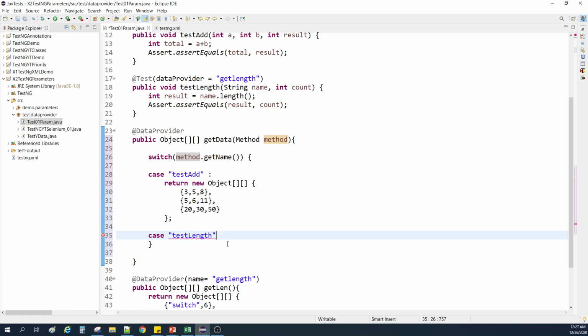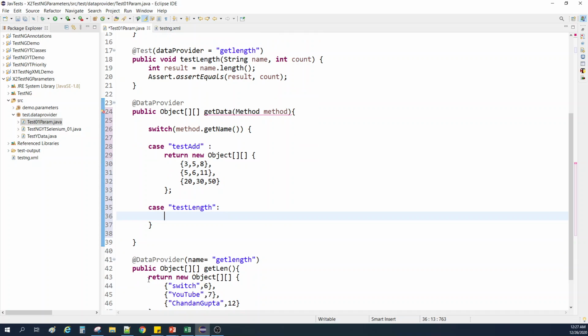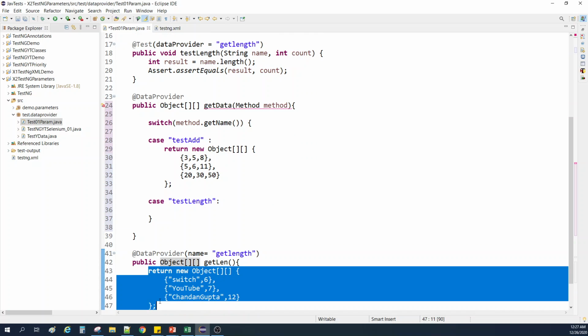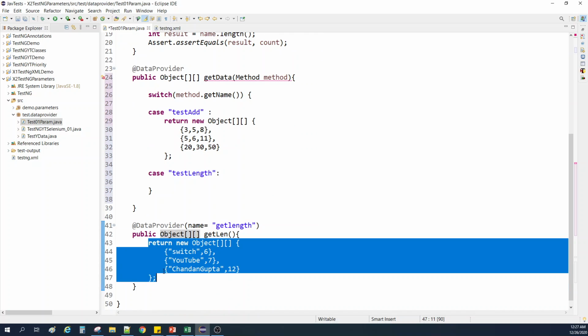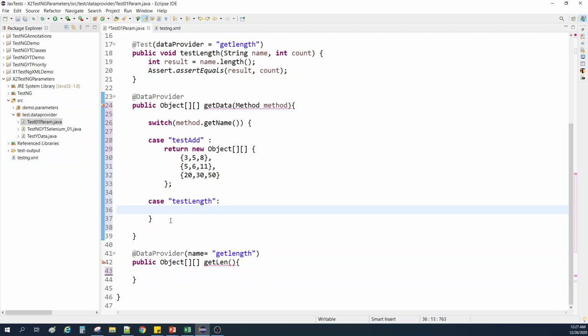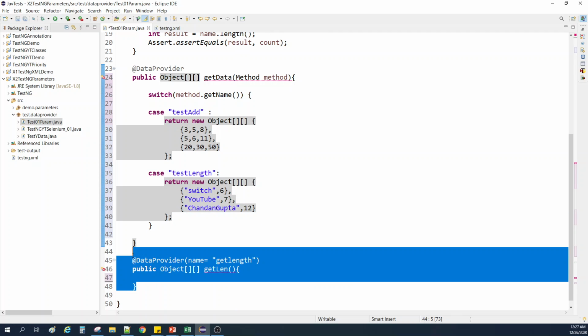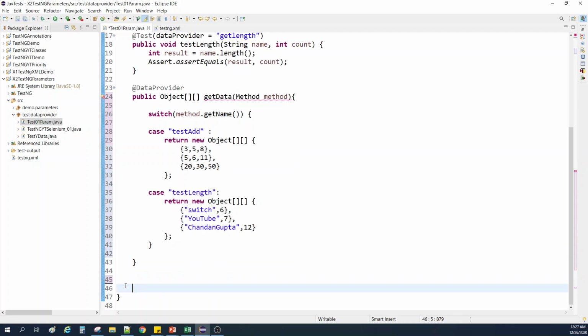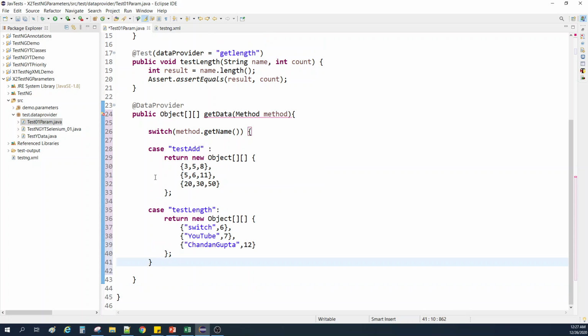So this is the length and the name of the method, and right after that we have to put this return statement, right? Because I told you that for each switch case we need to have a return, right? And let's get rid of this second method. All right, so case 1, case 2 done, and if there is no match,